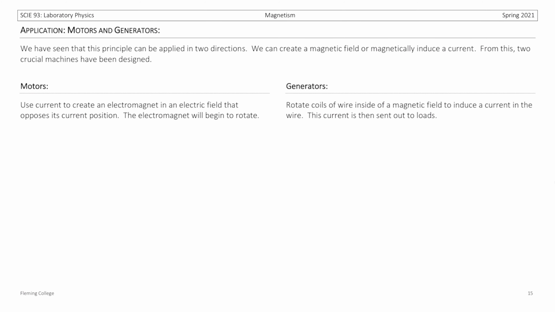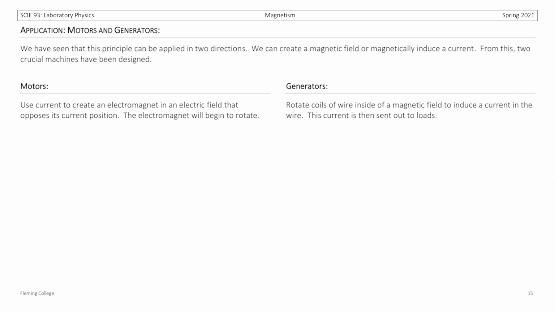Throughout this whole lecture, we've seen that we can manipulate the relationship between magnetic fields and moving charges in either direction. And this goes the same for when we try to apply these concepts. We can create a magnetic field or magnetically induce a current. From this, two crucial machines have been designed. First, motors, which use a current to create an electromagnet in an orientation that opposes its current position. With that, the electromagnet